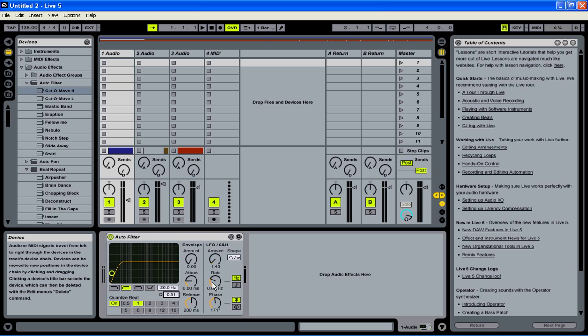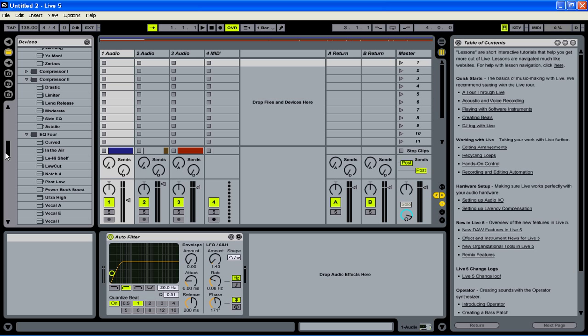And the only problem is you find that some producers mix tunes a little bit too bright, and sometimes they mix them a little bit too dull. And when we mix tracks, this will become really apparent. So what we need to do is EQ everything. So bring the little line down and go to EQ4,